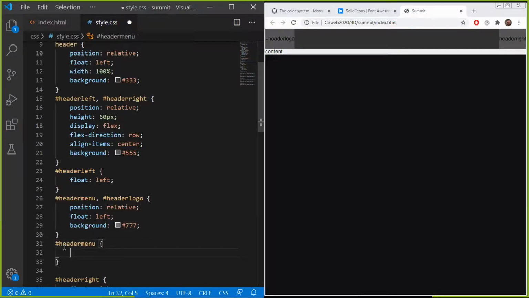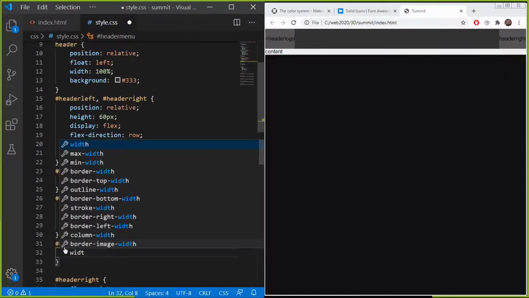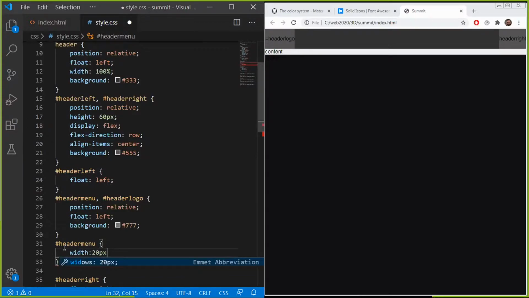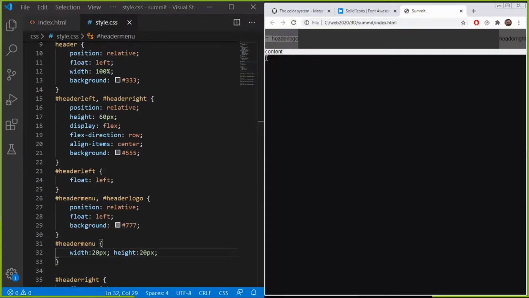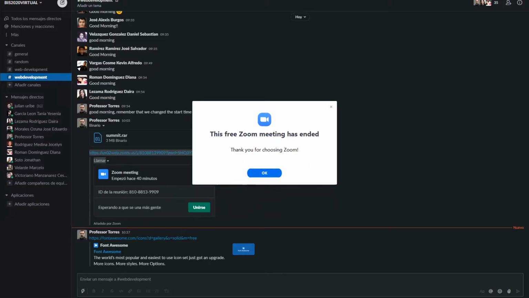Menu. I'm going to put a width. It's going to be 20 pixels. Height, 20 pixels. Later on, I'm going to erase this because I'm actually going to put a content in it. And the content should be enough. Now, as you can see, I need a little